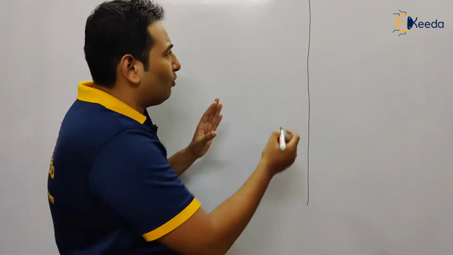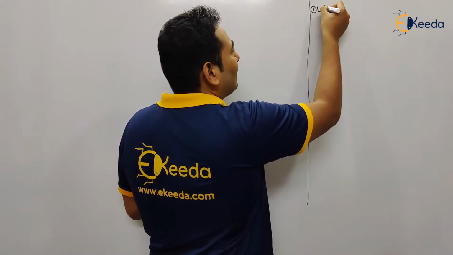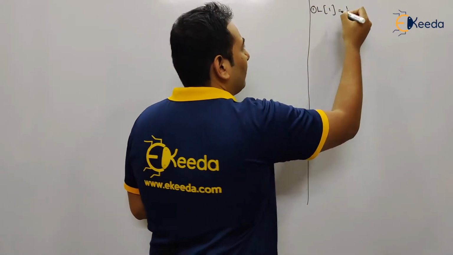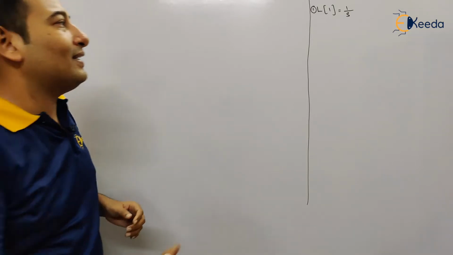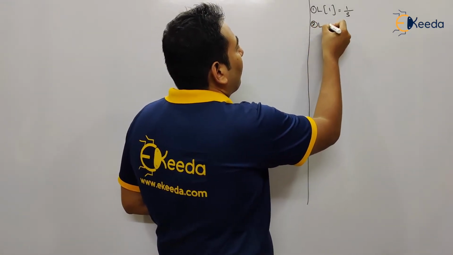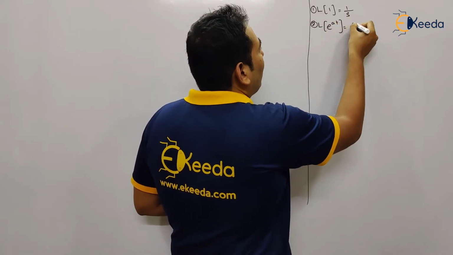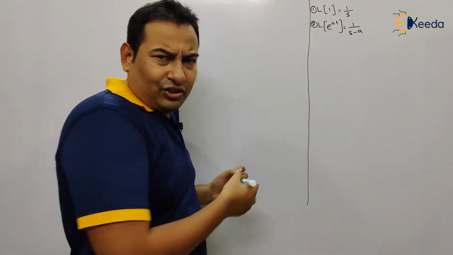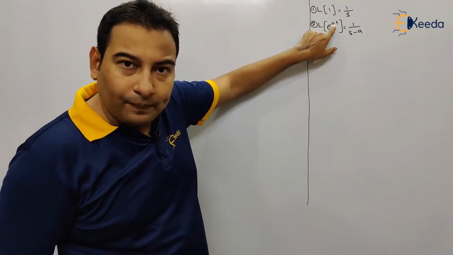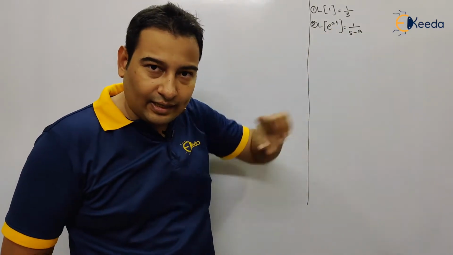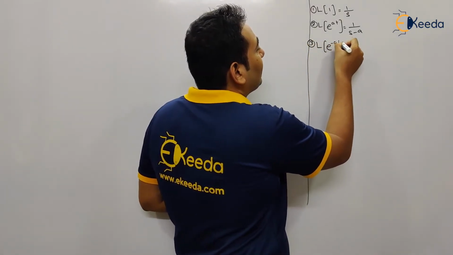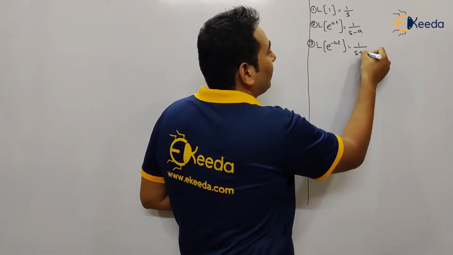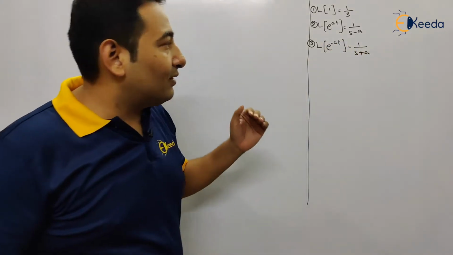Here I'm going to write down the formulas. The first formula that we have already found out is Laplace of 1, which is 1 by s. What is the next formula? We have already discussed two formulas. One, Laplace of 1, we got it. The next formula is Laplace of e raised to at. The formula is 1 upon s minus a. This formula we also derived just now. If it is plus a, then in the formula we have minus a, the opposite sign. So suppose if it is minus at, then it will be plus a. So minus, plus. This is the third formula.